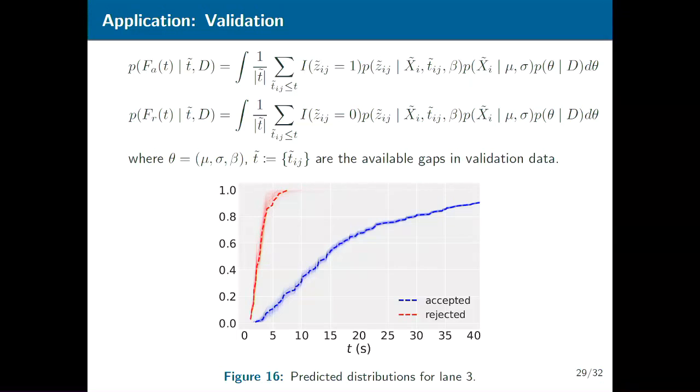The results for lane 3 are shown over here, where the thicker dashed line is the validation data that we observe. And the shades around it are not because your eyesight is turning bad. Each of these lines is sampled from the predicted distributions at the top here. In this case, there are 200 of them. If your model is performing okay, you will hope that the prediction is in line with what you observe. And that is indeed the case here. So probably the simple Bayesian model that we're working with is not the worst thing in the world.